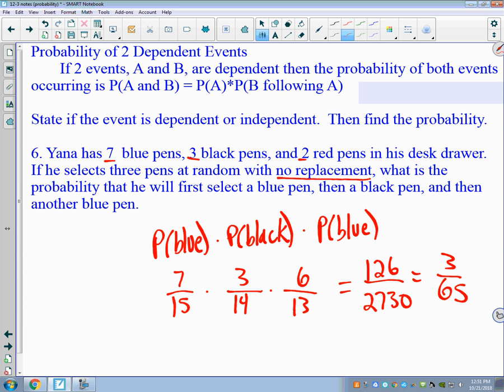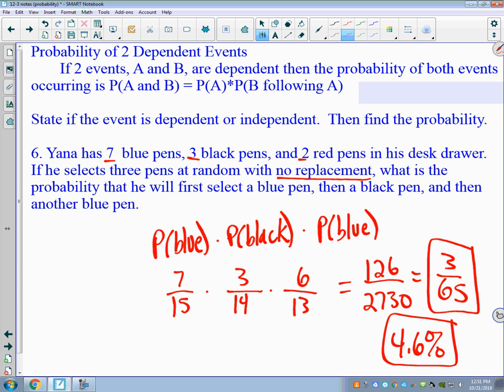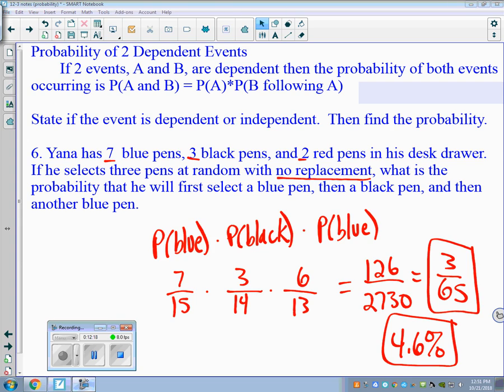Okay, sorry. 7 times 3 times 6 is 126, and 15 times 14 times 13 is, oh, okay, this is better. I knew I did something wrong. Is 2,730, and then that is going to reduce to